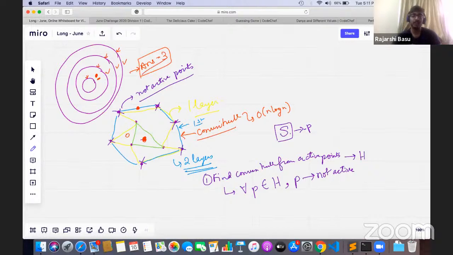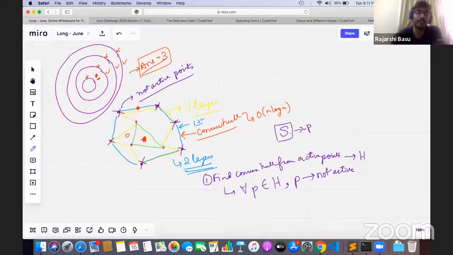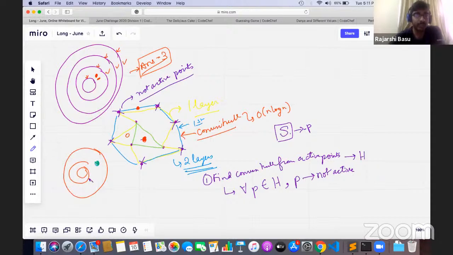Now, why is this correct? I won't go into a very theoretical proof because I don't know what a very rigorous proof would be. But intuitively, these were your hulls, right? And then this was the point, let's say. So anything that was in here, these are also sets of points. So I claim that